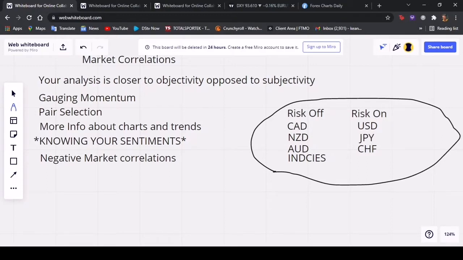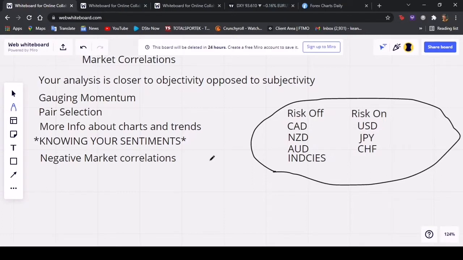More information about charts and trends, and you can understand this by knowing your market correlations. Now the next point is very important: knowing your sentiments. What this means is, you get your risk off sentiment, and that falls with your commodity currencies. Your commodity currencies are currencies that depend on hawkish economies and bullish economic growth. We're just going to keep it simple as that, okay? And that's your risk off. So risk off: CAD, NZD, AUD, indices. This means that there is no